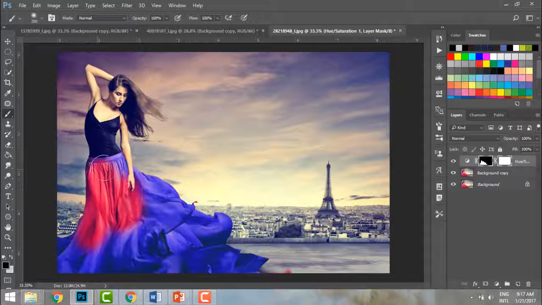How powerful. So actually, when I painted with black, what is happening? I'm actually hiding my layer mask. And now if I want to get back,